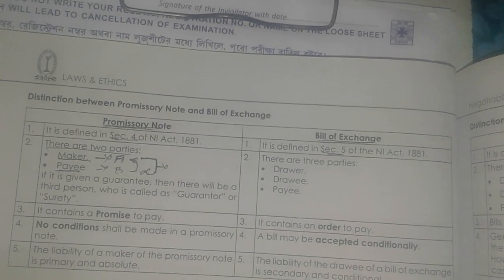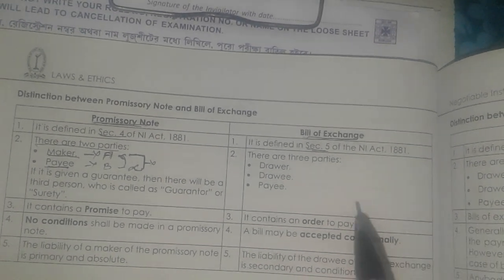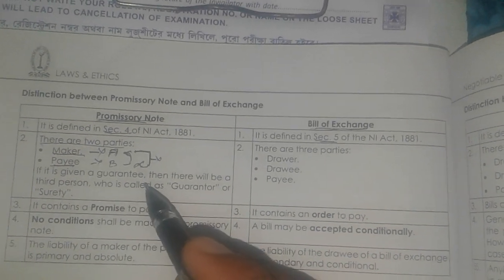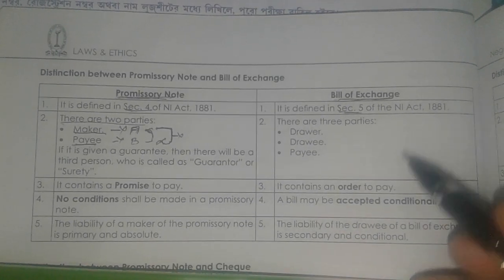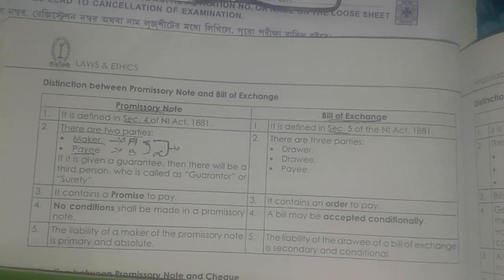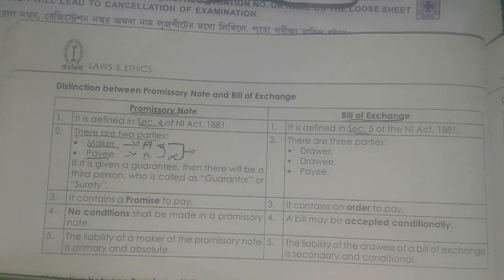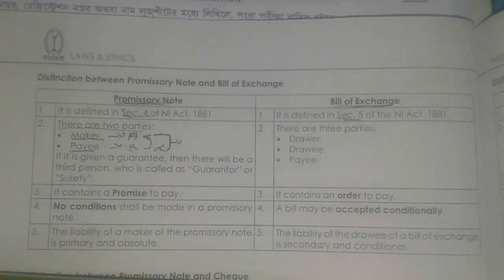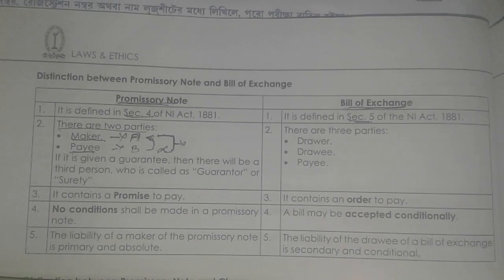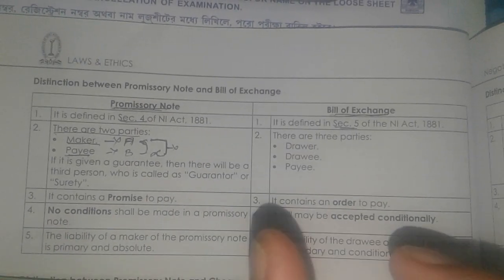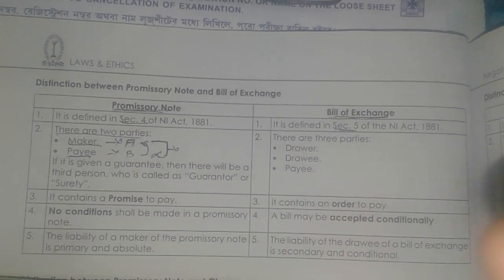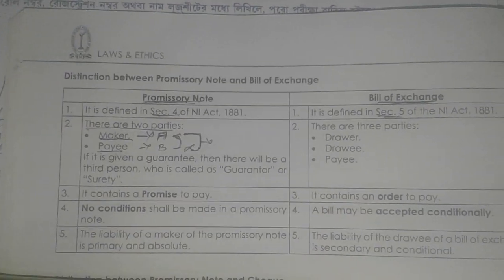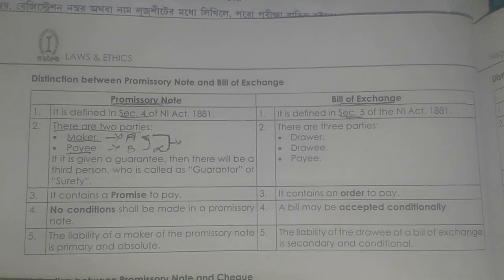is basically its conditional warranties. A promissory note is basically a promise to pay a debt, and a bill of exchange is basically an order to pay a debt. What does this mean? We will discuss this later in this video, right? So we are going into the distinction between the bills of exchange and promissory note, and at the end of the video you will come to know the basic fundamentals of both promissory note and bills